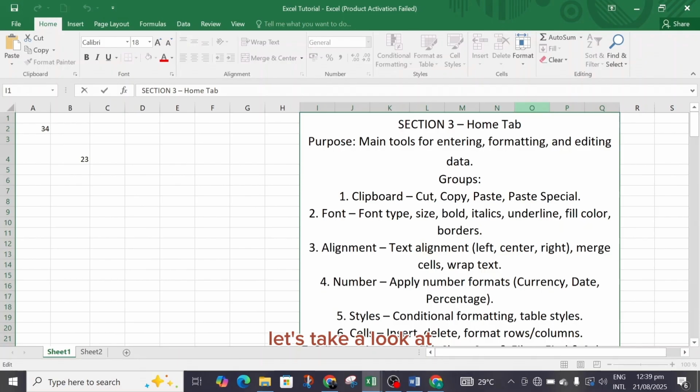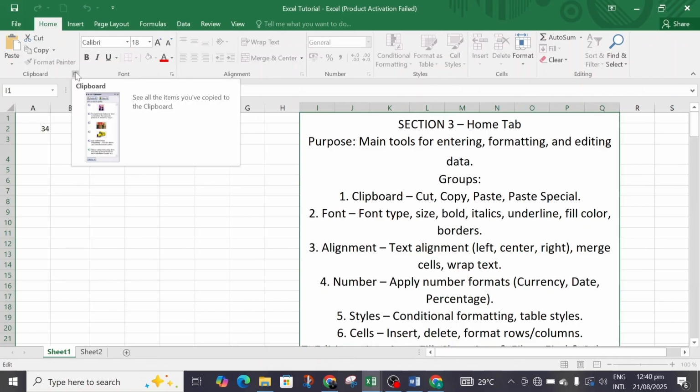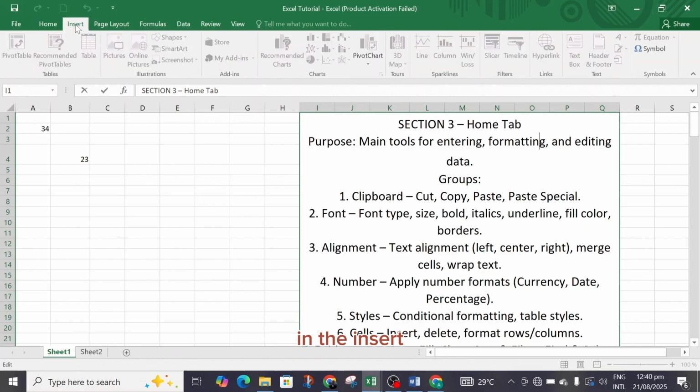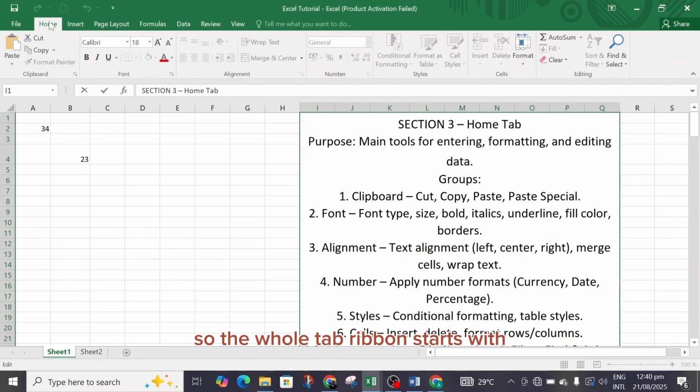Let's take a look at the functions we have in the Home tab. Starting with the first one, the Home ribbon. Just as I explained earlier, each of the tabs here has its own ribbon. In the Insert tab, this is the Insert ribbon, which starts with tables. So the Home tab ribbon starts with the first group, the clipboard, and the second